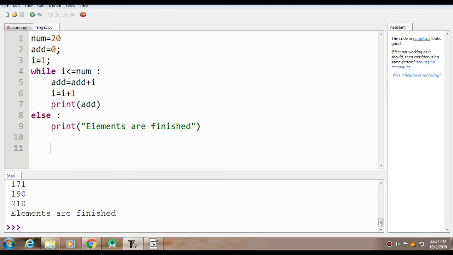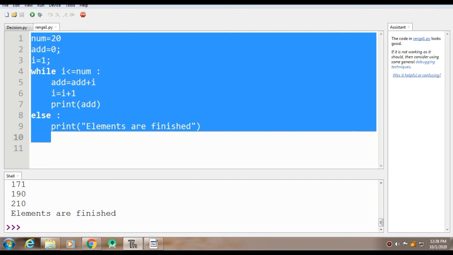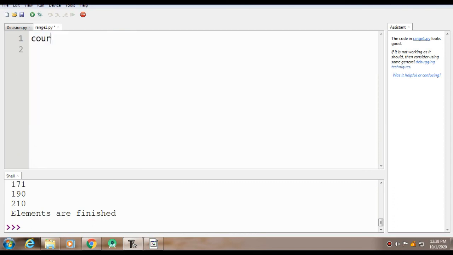with the help of your range method. So how can we use the for loop with the help of range? Just have a quick look. Let's say we have some courses, and let's suppose the value of courses is BCA, then we have MCA, and we have BSc. Suppose these are the courses.